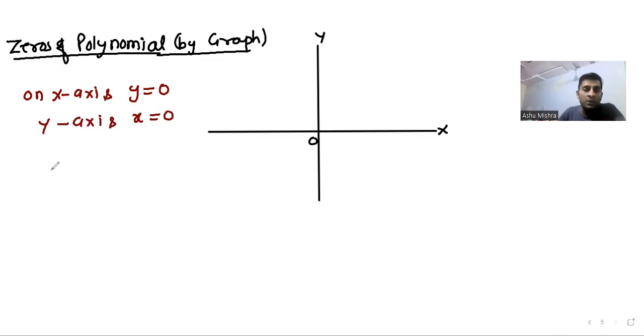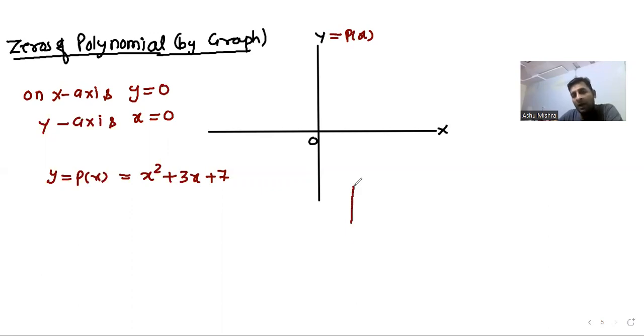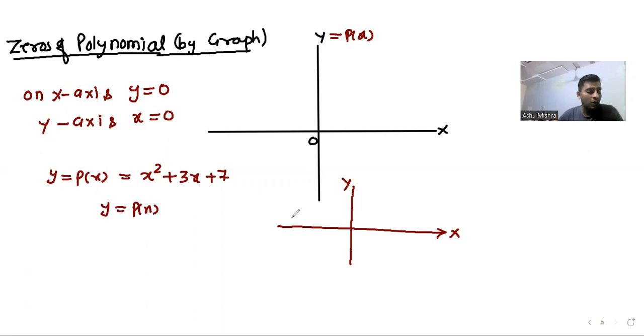अगर मेरी कोई इक्वेशन y is equal to p(x) की फॉर्म में लिखी है, सपोज एनी इक्वेशन I'm saying x square plus 3x plus 7, तो मुझे पता है जो मेरा p(x) है वो मेरा y of x को रिप्रेजेंट कर रहा है। ऑन x एक्सिस वैल्यू ऑफ y विल बी इक्वल टू 0, मींस अगर मेरा ग्राफ x एक्सिस को जितने पॉइंट पर कट करेगा for the given polynomial y equal to p of x, they all are known as zeros of that polynomial।